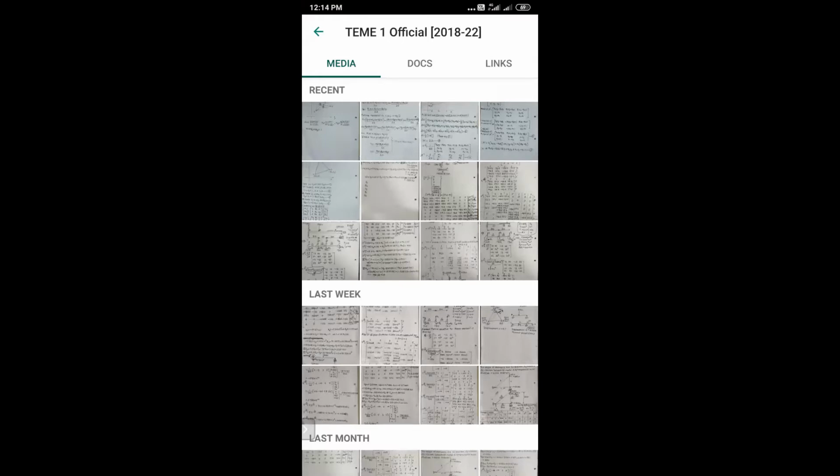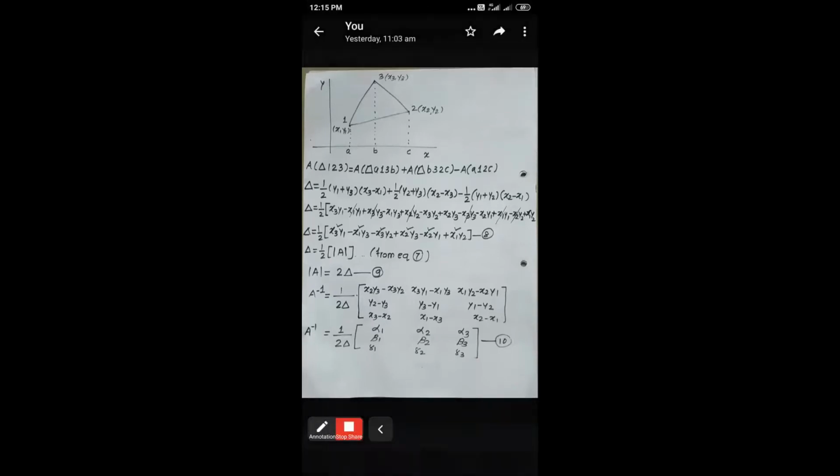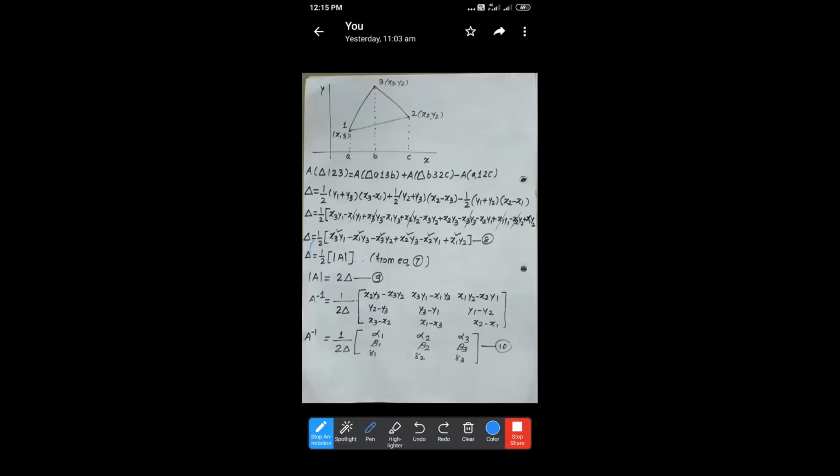See, this is where we started in the last lecture. Then we moved to here, right? You can see here, can you see this term, mod of A? Can you see the above term, delta, the triangle, which is indicated? Delta is nothing but area. Can you see this delta term? Yes, sir. So that delta is nothing but area.